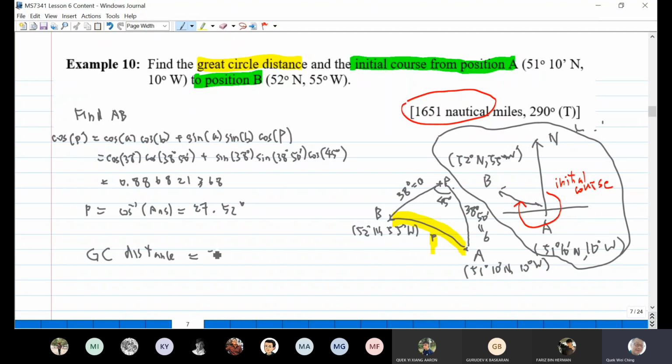So take 27.52 and multiply by 60. One degree on Earth is equal to 60 nautical miles. So you multiply by 60, and then you'll get